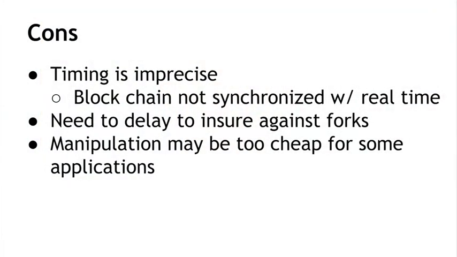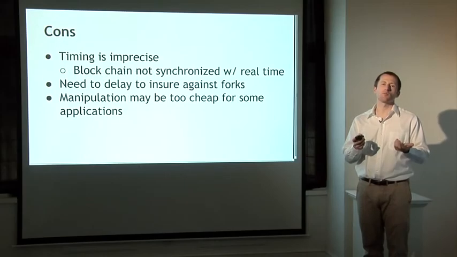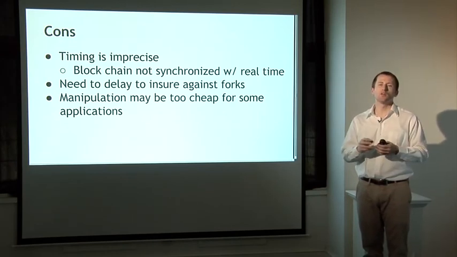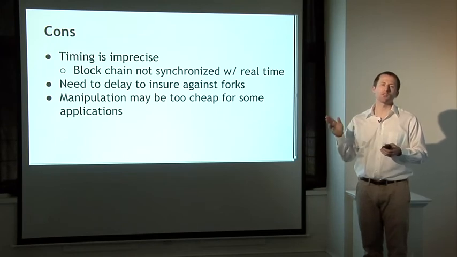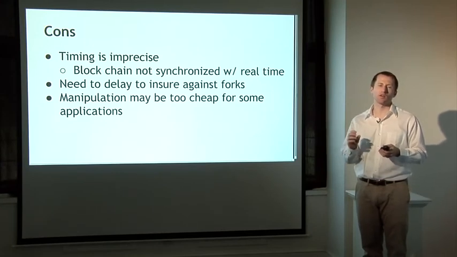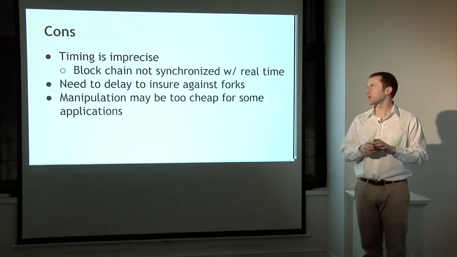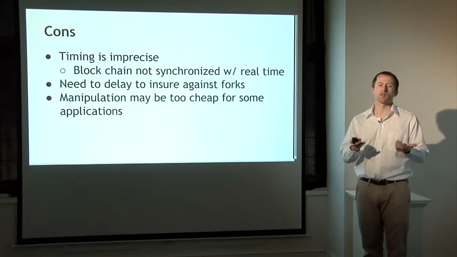So the downside of using Bitcoin as a beacon compared to some of the alternatives is that the timing is a little bit imprecise. So suppose we want to read the value of the beacon tomorrow at noon. We don't know exactly which block is going to be published tomorrow at noon, because blocks are just published whenever they're found, not at any specific schedule. So we'd have to guess, based on the distribution and the average times, what block index will be published around noon tomorrow, but that will give us quite a bit of variance. And we'll also have to delay when we accept the result of the beacon based on the risk of a fork. So just like with anything else in Bitcoin, we'll probably want to have that roughly 6-block confirmation time before we accept that this really is the final beacon output.